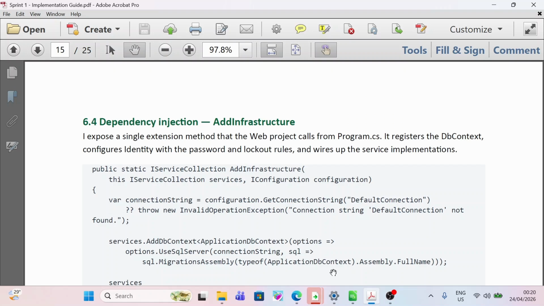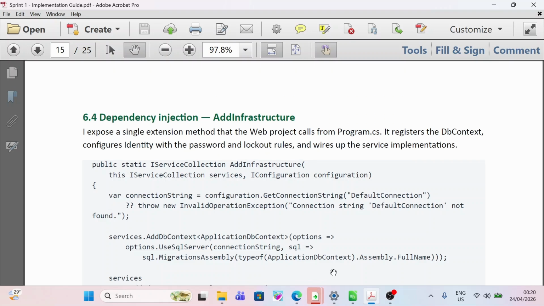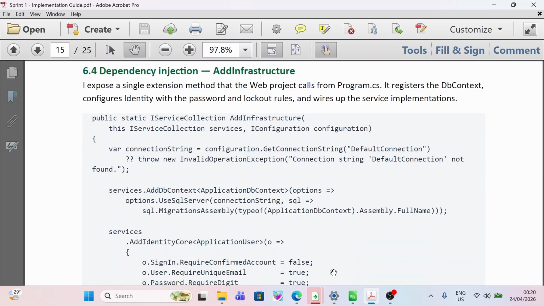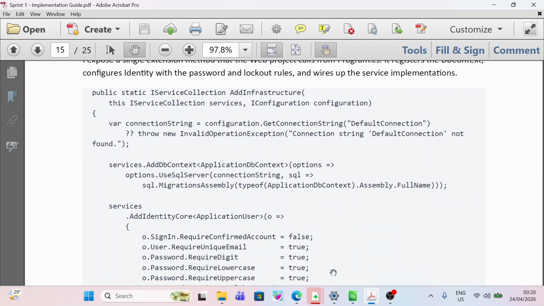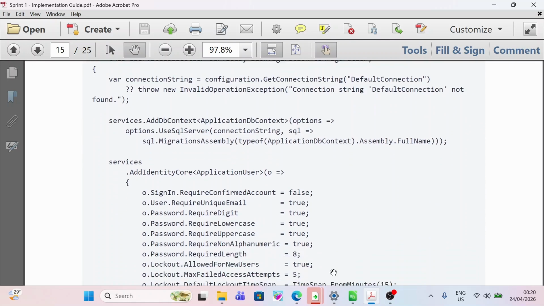public static IServiceCollection AddInfrastructure(this IServiceCollection services, IConfiguration configuration). var connectionString = configuration.GetConnectionString("DefaultConnection") ?? throw new InvalidOperationException("Connection string 'DefaultConnection' not found."); services.AddDbContext<ApplicationDbContext>(options => options.UseSqlServer(connectionString, sql => sql.MigrationsAssembly(typeof(ApplicationDbContext).Assembly.FullName)));